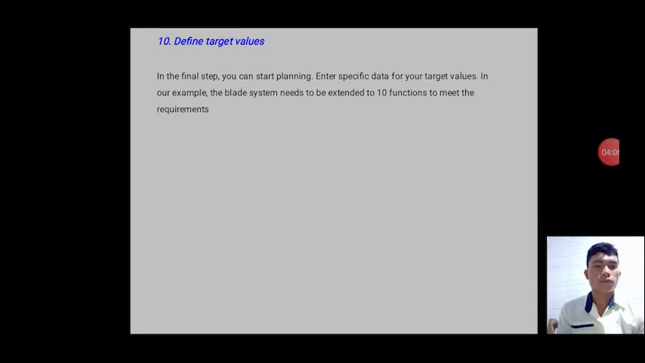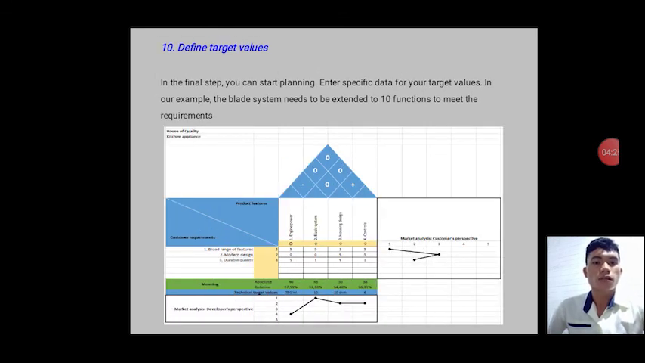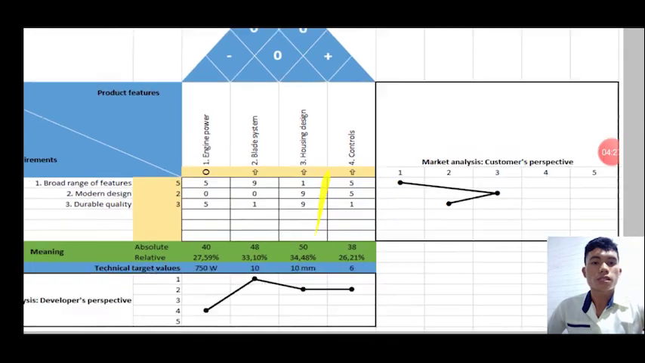So step number 10, define target values. In the final step, you can start planning. Enter specific data for your target values. In our example, the blade system needs to be extended to 10 functions to meet the requirements. So here's the final